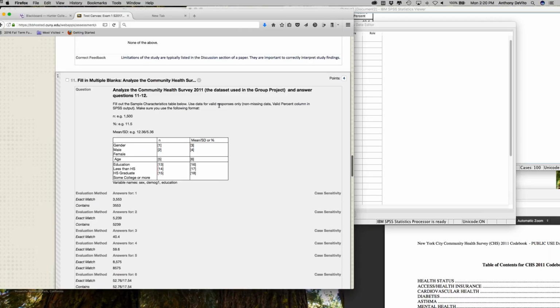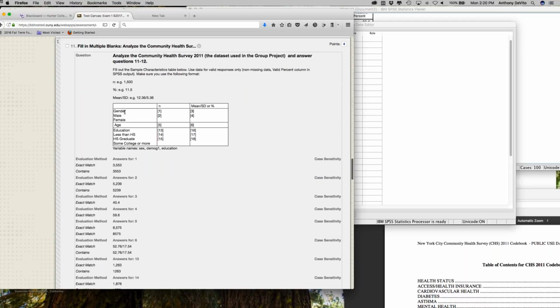Fill out the sample characteristics table below. Use data valid for valid responses only. In other words, ignore missing data. Valid percent column in SPSS output. Make sure you use the following format. Okay, so we're looking for gender, the proportion of gender that's male and female. That's a categorical variable, and the proportion that